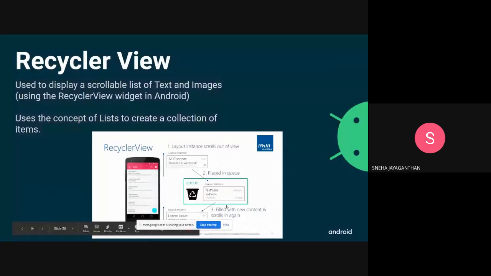So this is clearly mentioned in the respective pathway, how to use recycler view and how to add a scrollable list. That is if you want a scrollable list in your app. If your app doesn't require any functionality, you can skip that. So this was all about the lists and mutable lists in Kotlin.